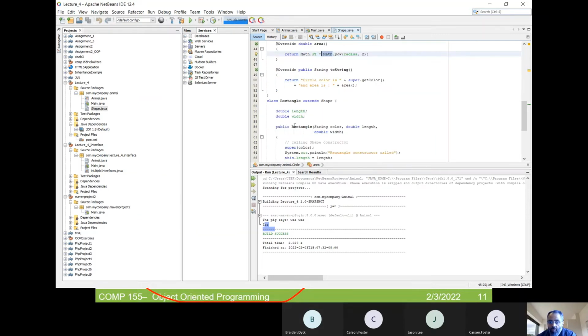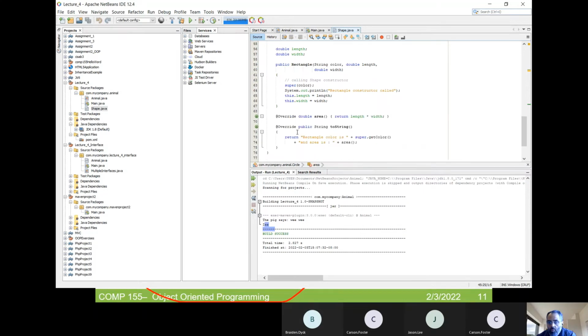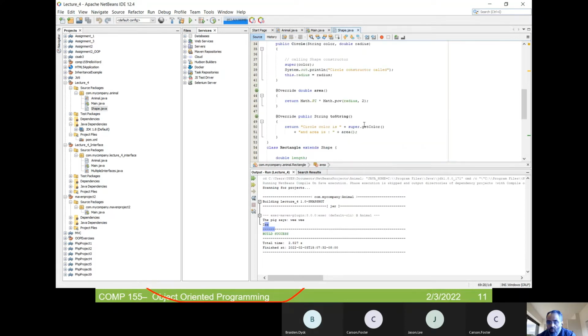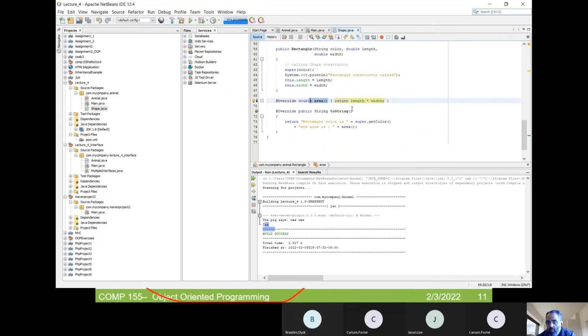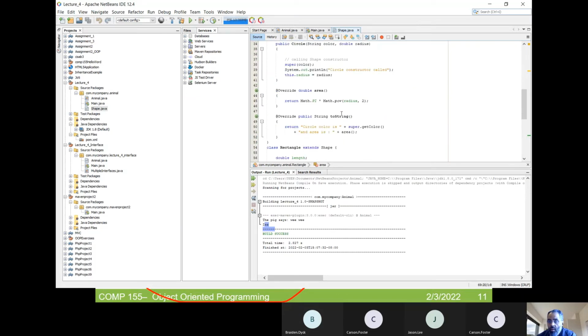So we have a rectangle, and if you go to the area now, it has another definition of the area, returning length times what? Here, the definition was returning pi times math power radius 2. So this is a good example of how we can have different behavior for the same abstract method. We know this method exists, but here we can define